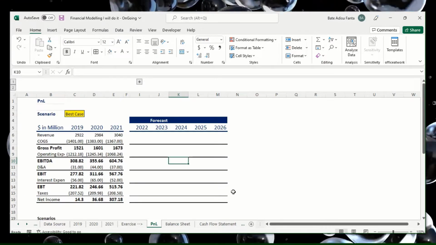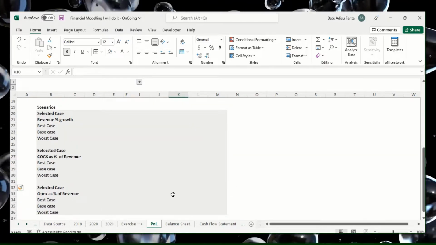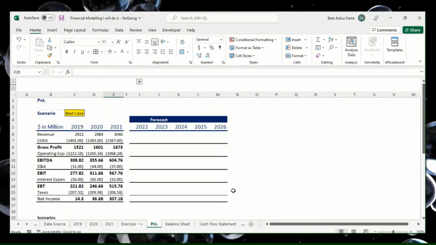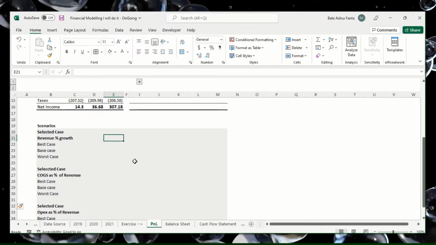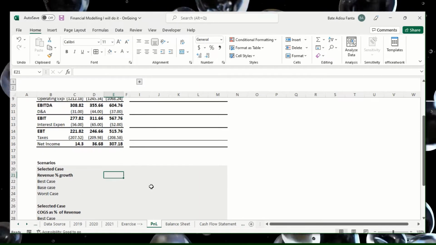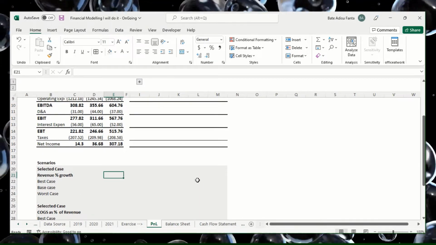So by now we have finished the scenario setup, and now we can go for setting the hypothesis for the coming